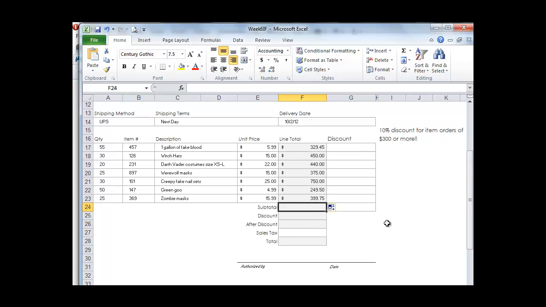And let's quickly calculate her subtotal. So I'm going to click on cell F24 and hit the AutoSum button. And Excel guesses correctly. These are the numbers that I would like to add. I'm just going to hit the enter key on my keyboard. And her subtotal is $2,993.70. But if you notice over here, Creepy Halloween Costumes is giving a 10% discount for item orders of $300